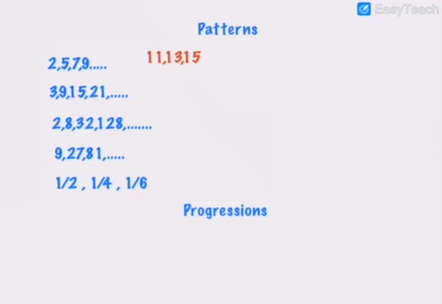So 2, 5, 7, 9, and the next term is 11, next term is 13, and next term is 15. How? When you are adding a fixed number, sorry, there is some small thing, it must be 3. Okay, 3, and you add 2, 5, you add 2, 7, you add 2, 9, then 11, then 13, then 15. And next, 3, 9, 15. 3, if you add 6, it's 9. If you add 6, it's 15, and 15, if you add 6, it's 21, and if you add 6, 27, then 33, then 39. So you're adding and you're getting the next number.